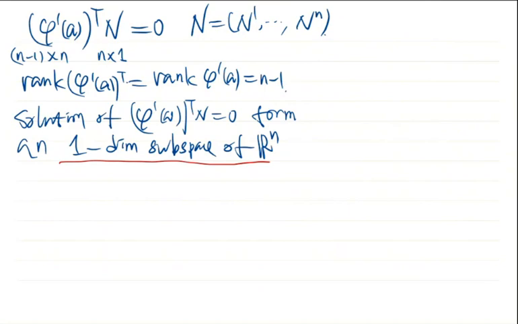How to find the basis vector? To write the basis vector, we need to use the coordinates. Because the rank of this matrix is n-1, what's the matrix? This matrix is